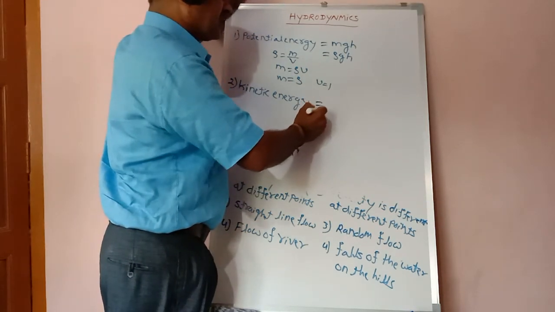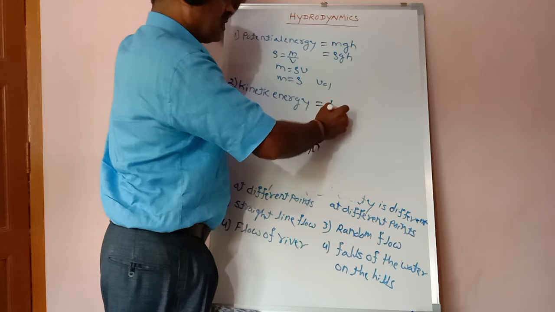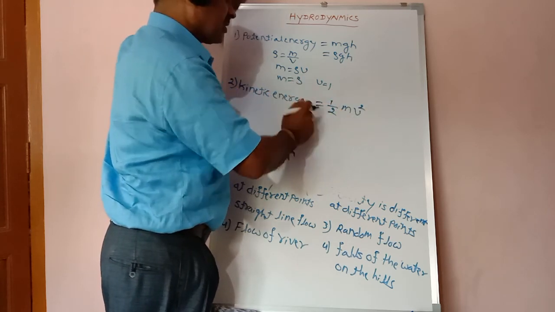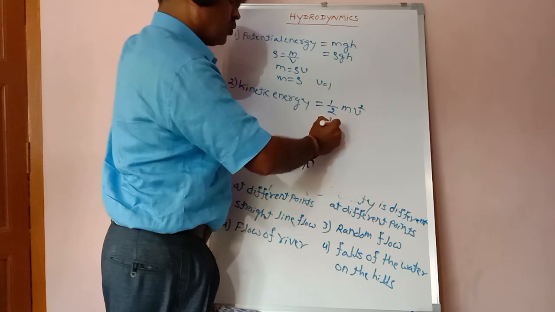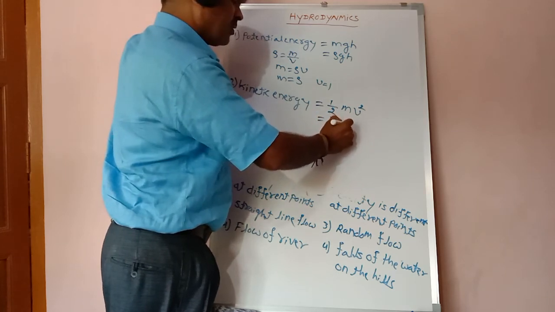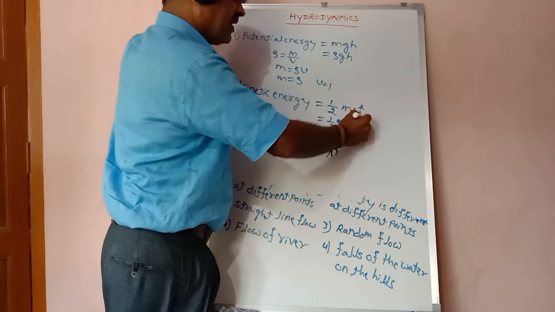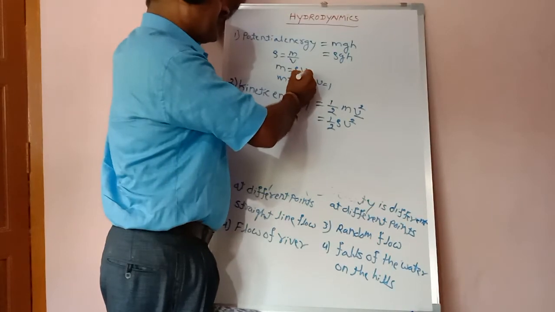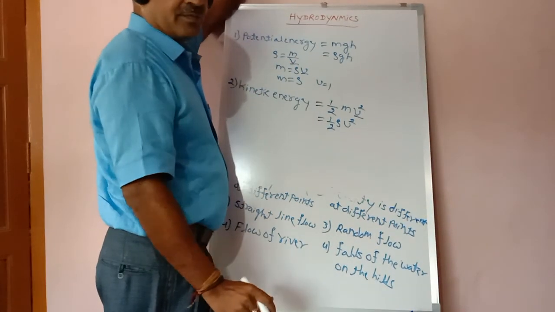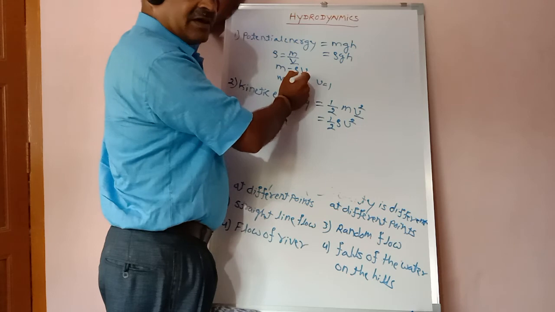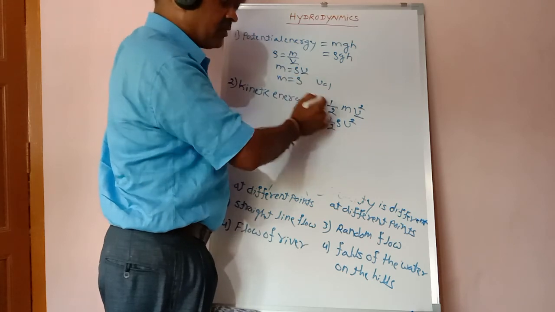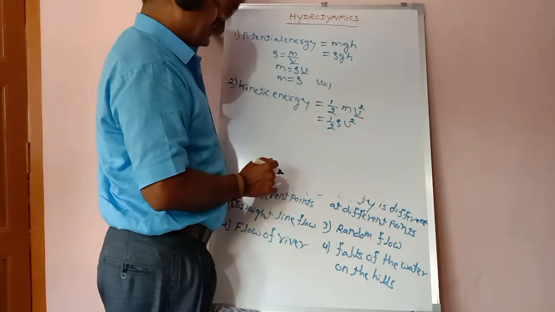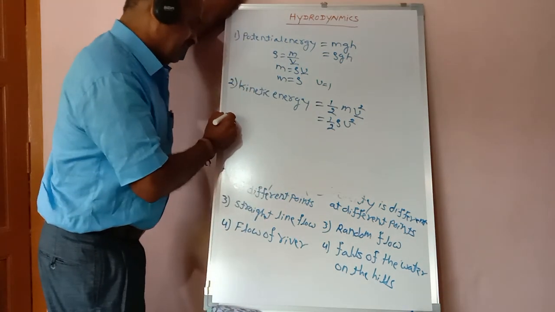Kinetic energy, you know, is 1 by 2 m v square. With m equal to rho, it is 1 by 2 rho into v square. This v represents the velocity or speed, but this V represents the volume. That you know. This is the kinetic energy. And the third one is